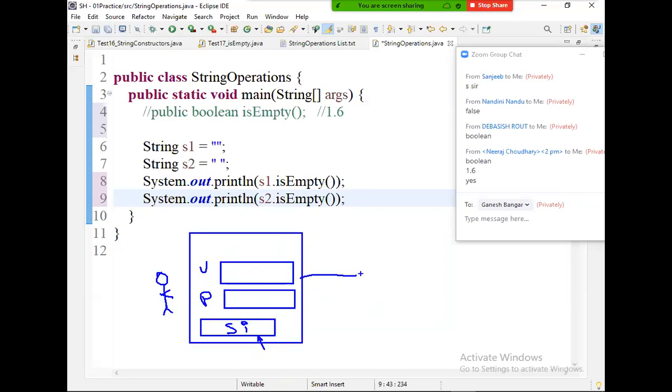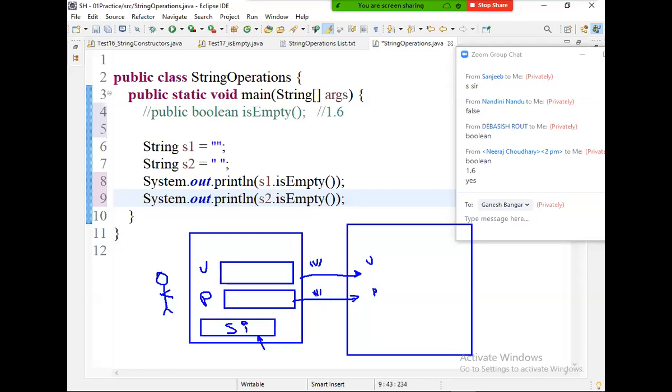Then the control will come to the background business logic application. In this program, you must verify whether the username and password were entered or not. We will not get null. Whenever you read data from the keyboard or from text boxes, you never get null; you will get an empty string. Here we will get an empty string, and here also an empty string.